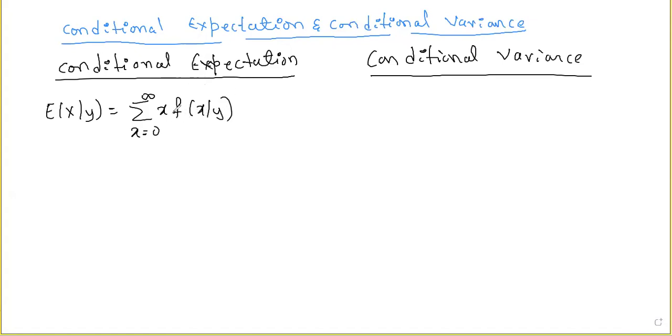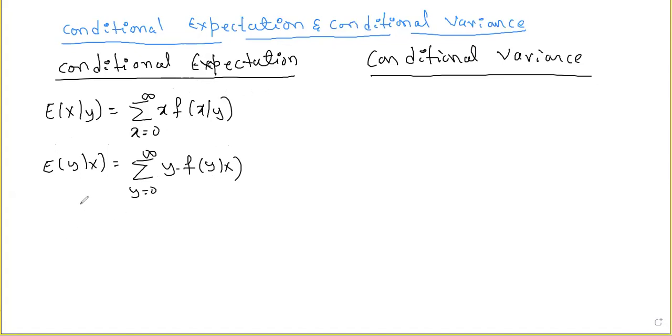If x and y are discrete, we have one more formula, that is expected value of y given x. This is also summation y running from 0 to infinity y into f of y given x, where this f of y given x or f of x given y are nothing but the conditional distributions